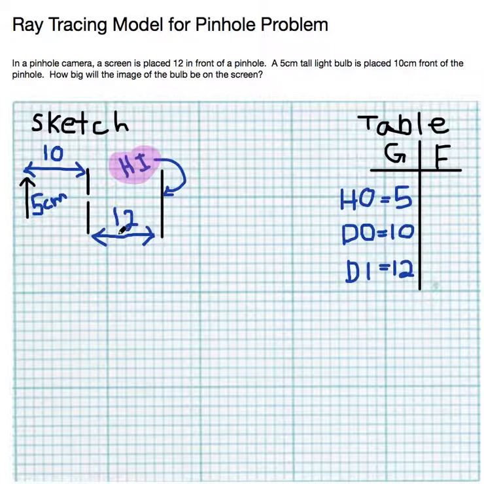Yes, 22 boxes across. Each one of these big boxes is 10. So I've got 10, 20, and a little bit more. So I'm going to set the easiest scale because who wants to do more work? I'm going to set a scale of,